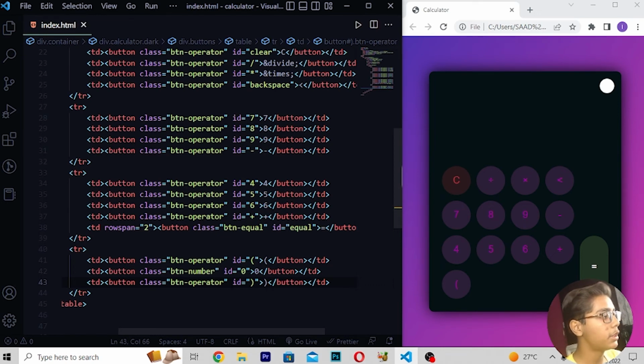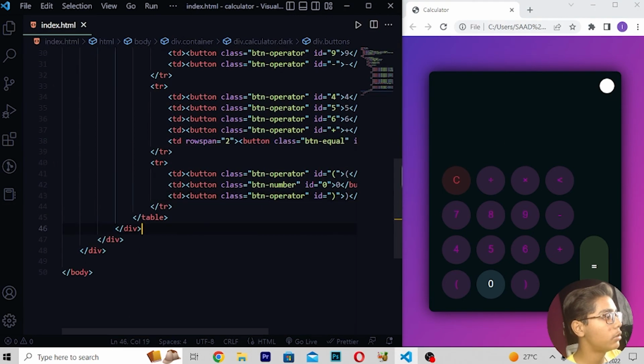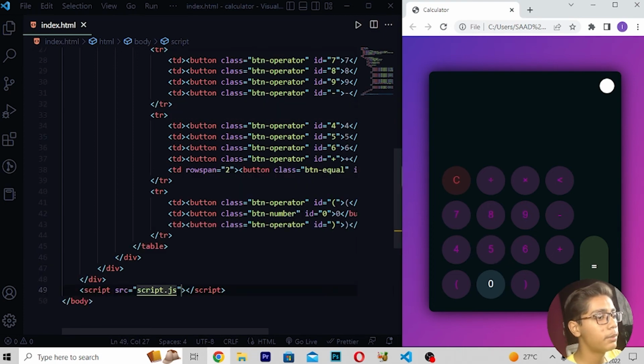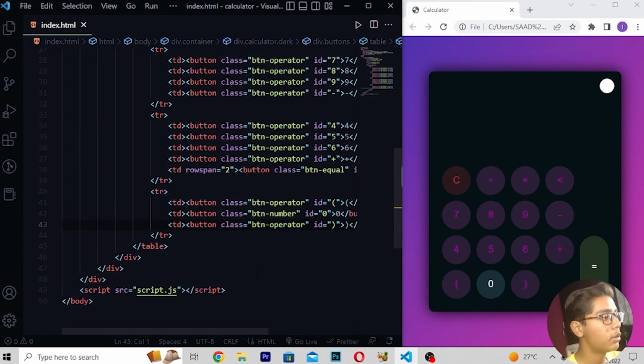Now you have to save this thing and then reload. So you can see we are getting all the stuff, it is changing here. Then if I just show you, you can see we are getting it. So here we have to do one thing, we have to write script tag source is equals to script.js. Just save this, then simply you have to reload here. So now when you reload this thing, you can see in 0 we are getting some mistake because here its color is not changing. So now when you've written this, you can see we are getting all this stuff.